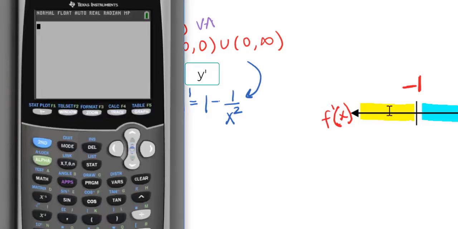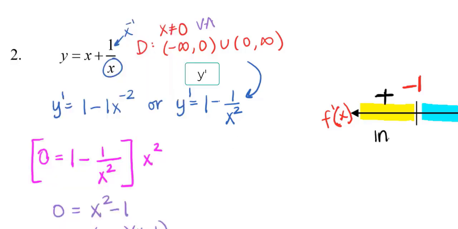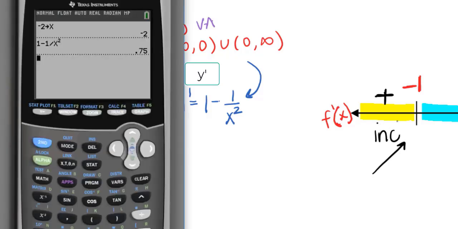Even if you didn't want to look visually at a graph, find a number there in that yellow section, maybe a -2 or a -3 or a -4. You can type that in your home screen, use your store, which is right above your on, as x, and then I can type in my first derivative as a function, and it will evaluate it for me. It's positive, so I write down positive, which means my original function is increasing there. I'll do the same thing for all of the other values.